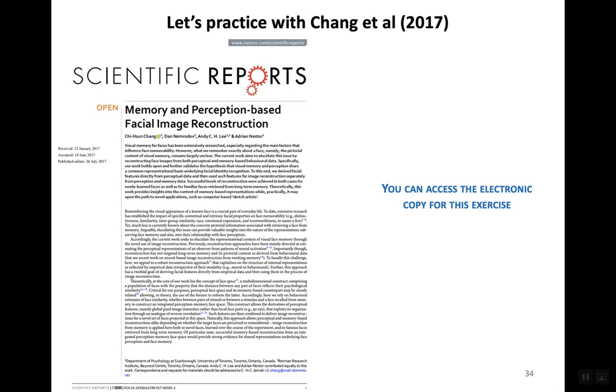And if the text here is not clear, or if you want to take a better look at the content of this article, I will also make available via Quarkus an electronic copy. But one of the questions in the practice questions for today, you will be asked to summarize the main points of the first three paragraphs of this